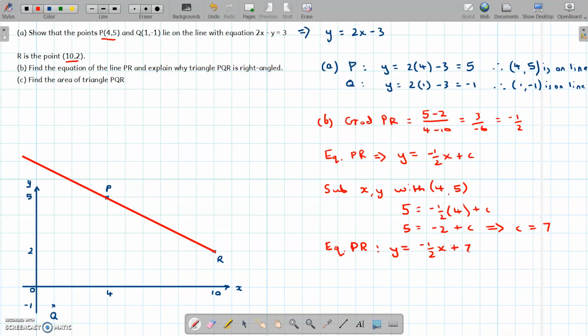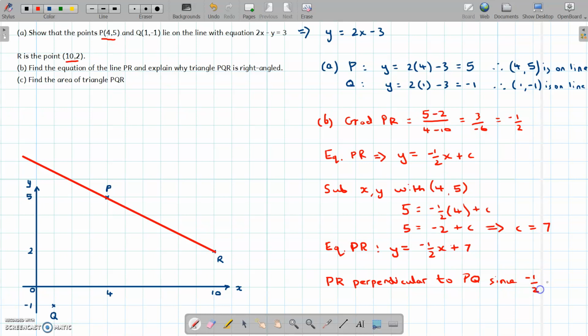Right. Now, the next thing I have to do is explain why it's right-angled. Well, PQR is right-angled because PR, the line PR, is perpendicular, that means at right angles, perpendicular to PQ. And the reason I can say that is because, or since,